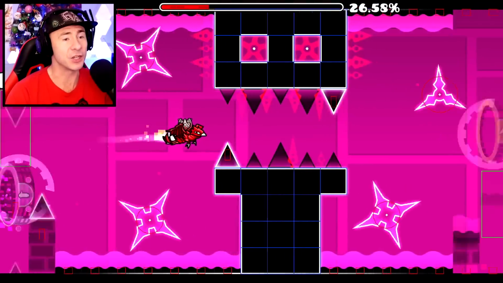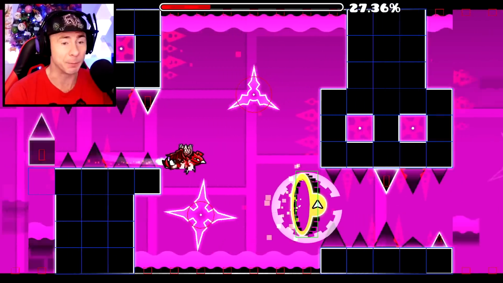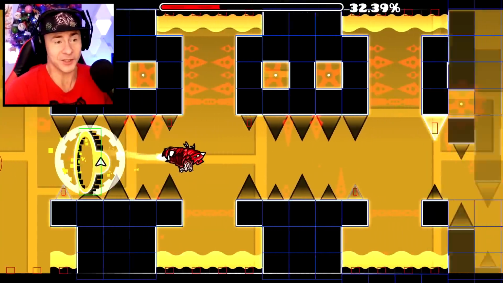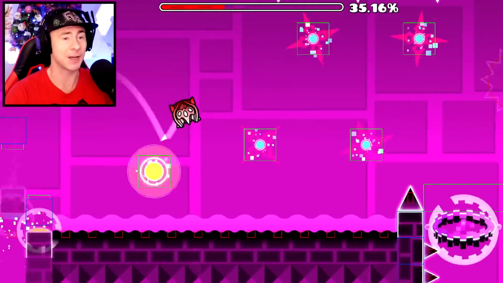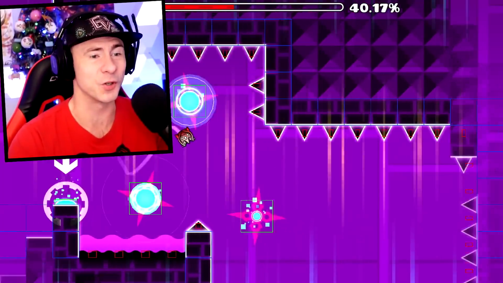So I love the addition of hitboxes because what it's going to do for people is it's going to teach people who are new to the game how the game actually works. Because when I first played this game, I thought touch a spike and die, but it's not necessarily true, especially